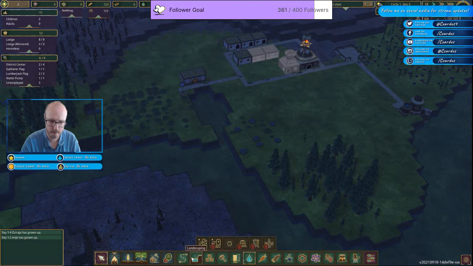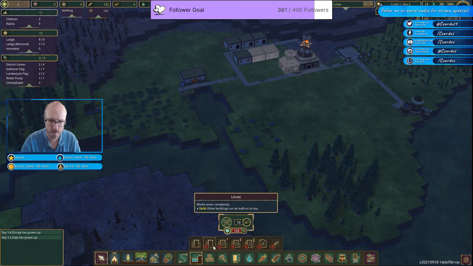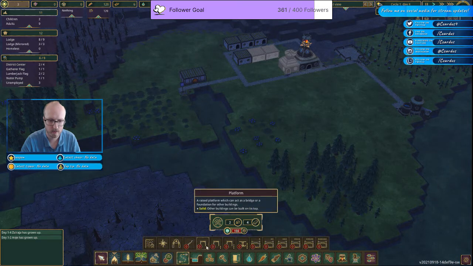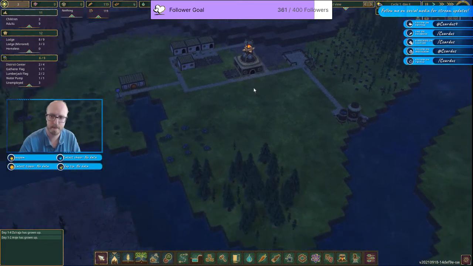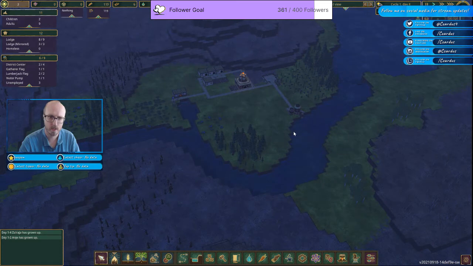Discharges water. I guess maybe we do some landscaping here. We can dam. We can levee. Blocks water completely. Floodgate. Explosives factory. There isn't a ton of stuff we can do there. Bridges would be good. District gate. So, like, this is a district here. And what we could do is we could...